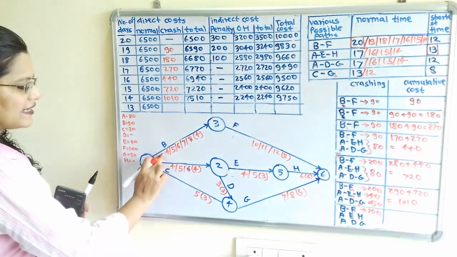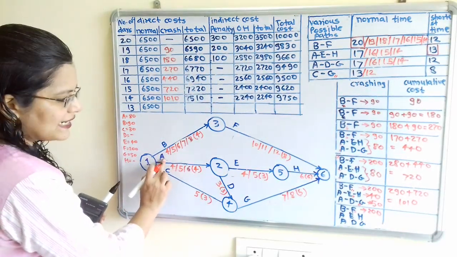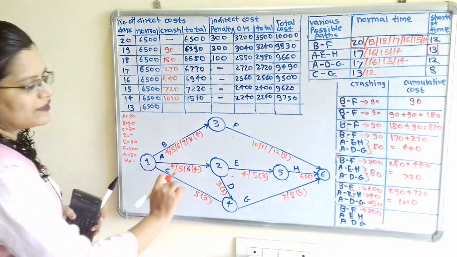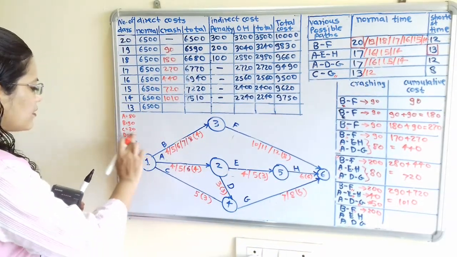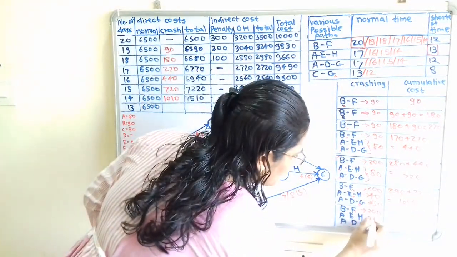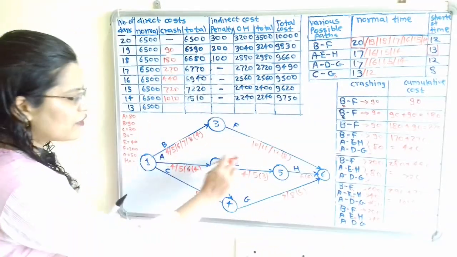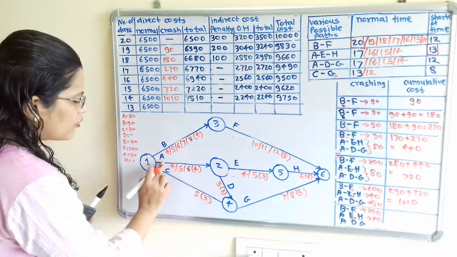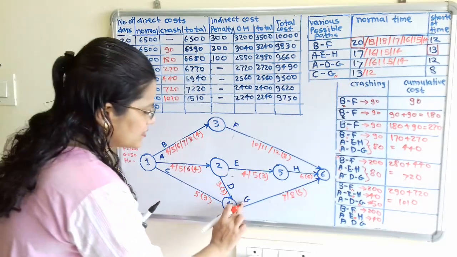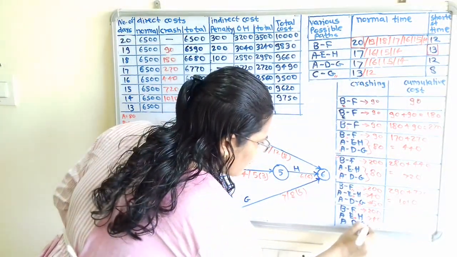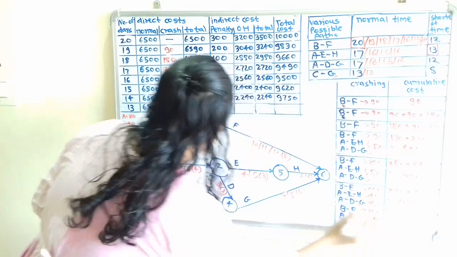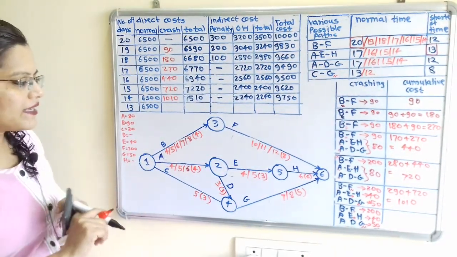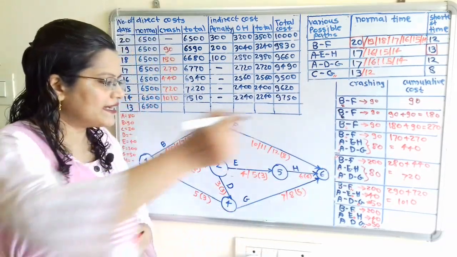Now we cannot select A. We cannot select H. We can select only E. So E cost is 40. So we will mark E also because we have to make changes in activity E. And then A, D, G: A and D we cannot select, normal time is equal to shortest time, and G we select here for the cost of rupees 50 because G has a cost of reduction 50. Now we will make the calculation.